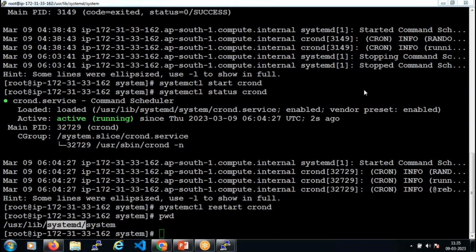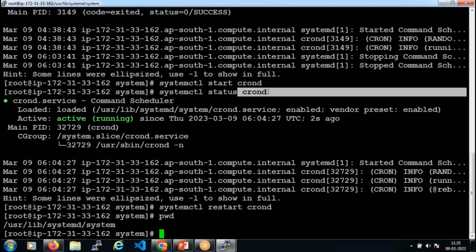So if you ask me the question, what is systemd? Systemd is the service manager which is managing the services in the Linux system. The systemd is providing you the systemctl command line utility to manage the services by yourself. If these services have to be running automatically after the system reboot time, then you need to run a command called